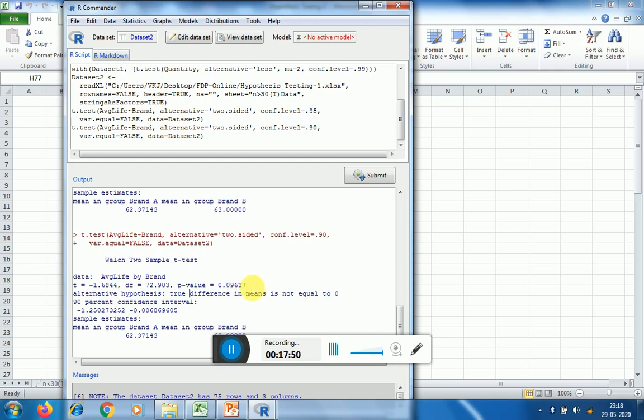This implies that we reject H0 and we accept the alternative hypothesis.